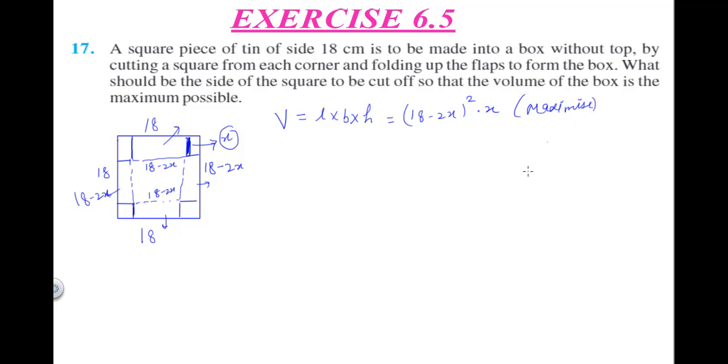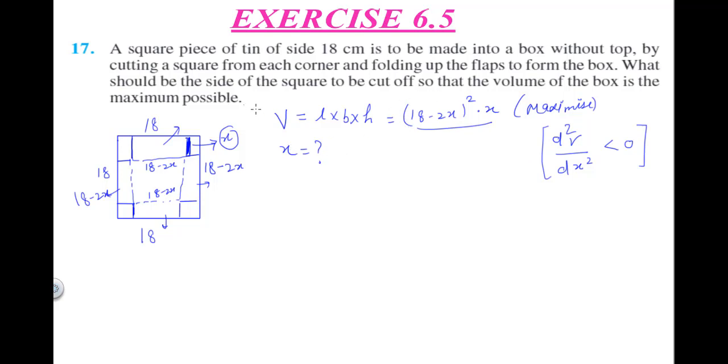We have to maximize it, or we have to tell at what value of x, that means we have to calculate first thing x at which this volume is maximum. And how we can prove the volume is maximum? When we find the second order derivative, whichever variable, suppose it is in x, when we prove the second order derivative of volume as less than 0, then only we will be proving that the volume is maximum at some value of x. So our purpose is to first find out that x, and that will be calculated as how?